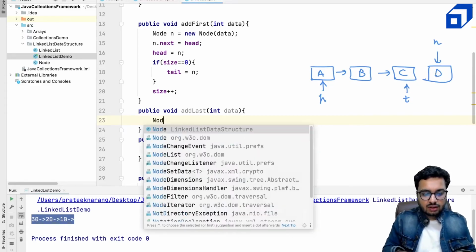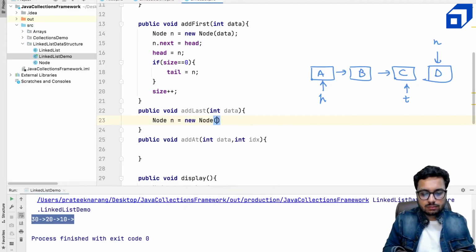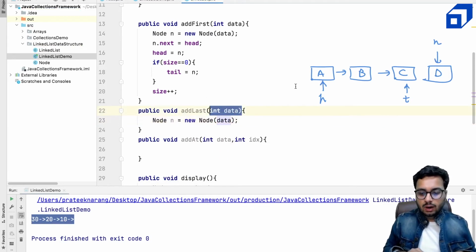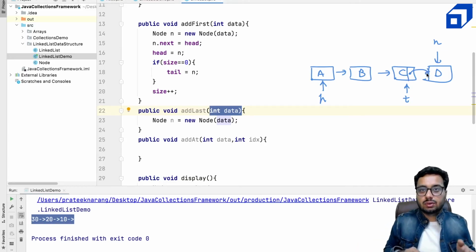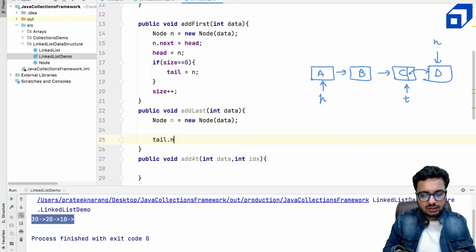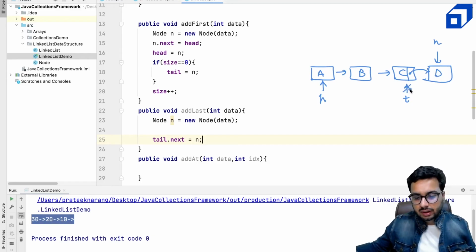I can say, okay, fine, node n is equal to new node, and I give the data to this node that I'm getting. Now how do I connect this tail node with the new node? That connection is pretty easy. I need to update this value and give it the reference of this node, which is stored in n. So I need to say tail dot next is equal to the new node that we have created. So this makes the connection, and